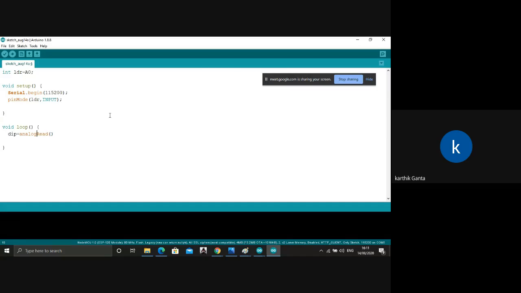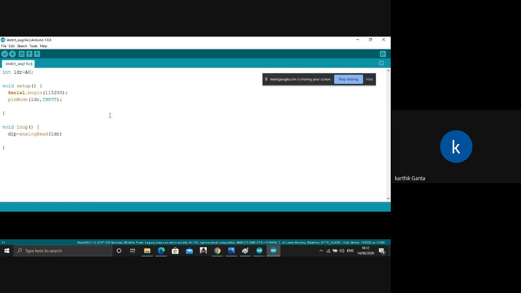When you take digital values, there are a few sensors like a fire detection sensor or touch sensor, which are digital, so there you write digital. Here we write analogRead, and the pin we want to read is the LDR pin, which is directly A0. After reading, the value is now in the variable.